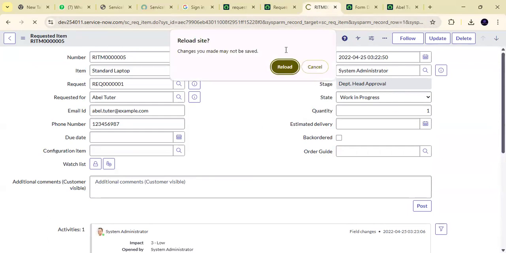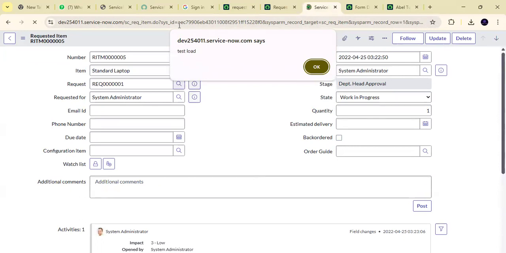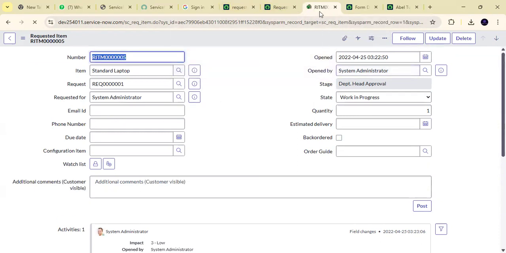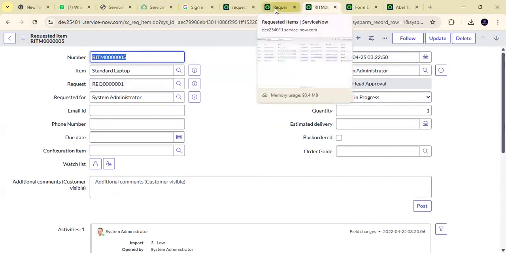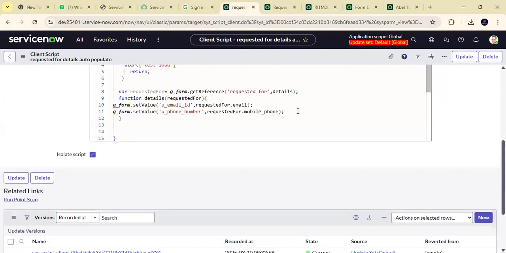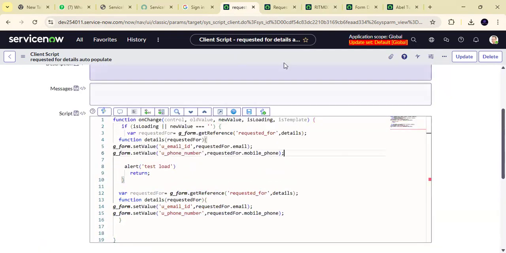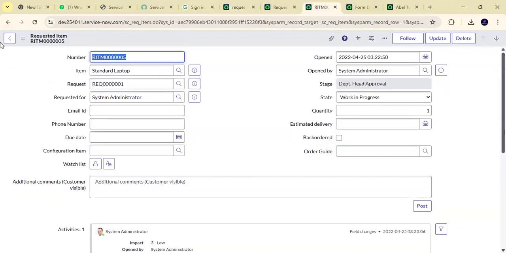If I load this form, you can see that while the form is loading, on the load only, your script is also working. Until I click OK, the form load will not complete. Are you getting my point? So even on load, that onChange event is getting triggered, you mean to say? Yes. If I copy with Control C and paste with Control V, and save it, and then reload this form,